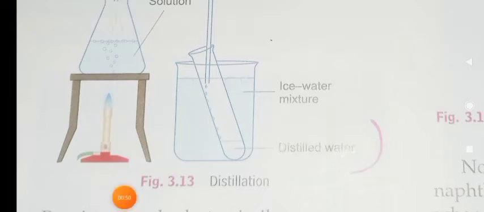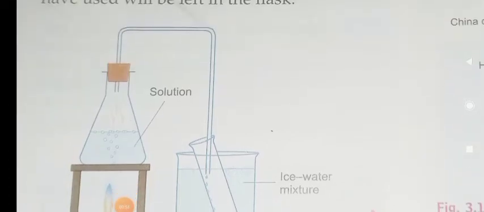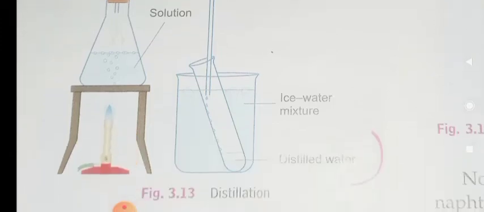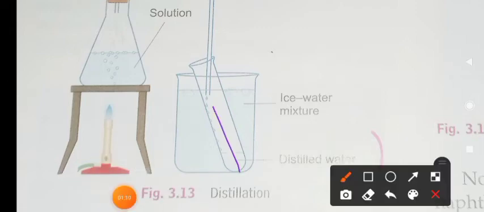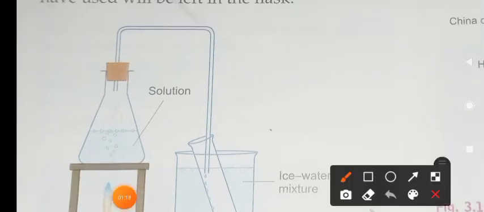Okay, so when you boil the mixture present in the distillation flask, slowly the liquid begins to boil. At the same time you can see some amount of water droplets collected in the test tube. How does this happen? See, while boiling what happens? The water evaporates, isn't it? The water evaporates and the water vapor enters into the test tube.